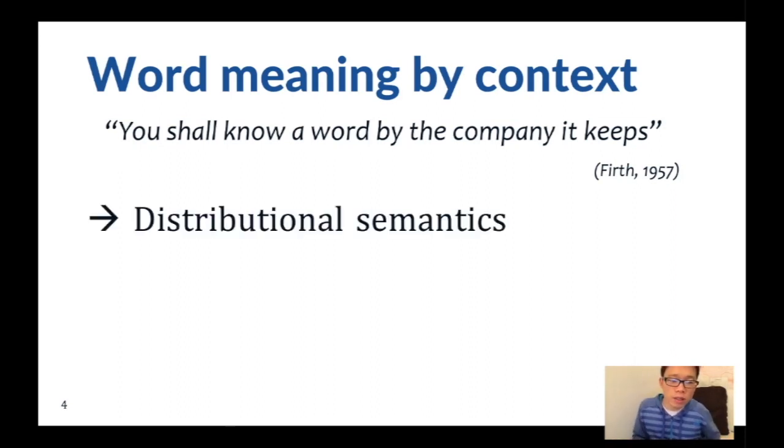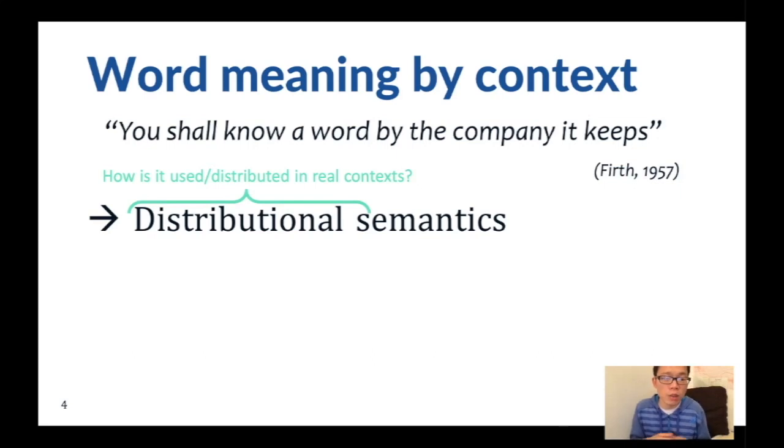And when we do this, we're basically doing something we call distributional semantics in natural language processing. And we say distributional because the question is, how is it used or distributed in real contexts? For the word game, it's distributed some in sports articles, some in political articles, some in different places.